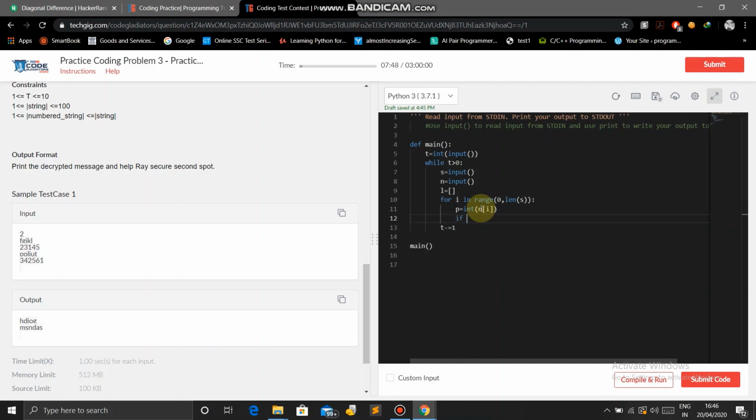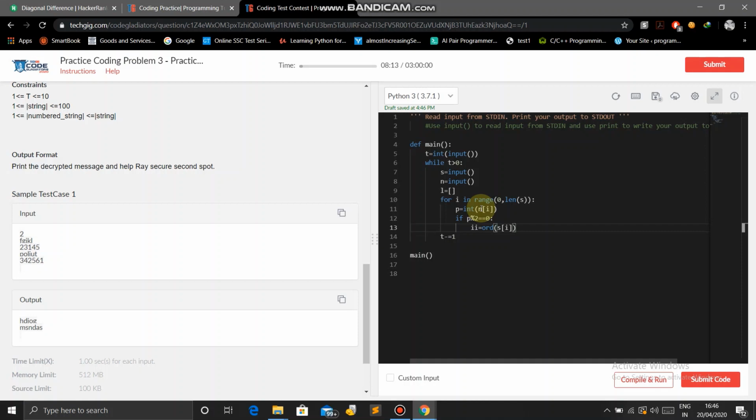Now if p modular division 2 equal to 0, so if the number will be even, so what is here, ii is equal to ORD of s[i].